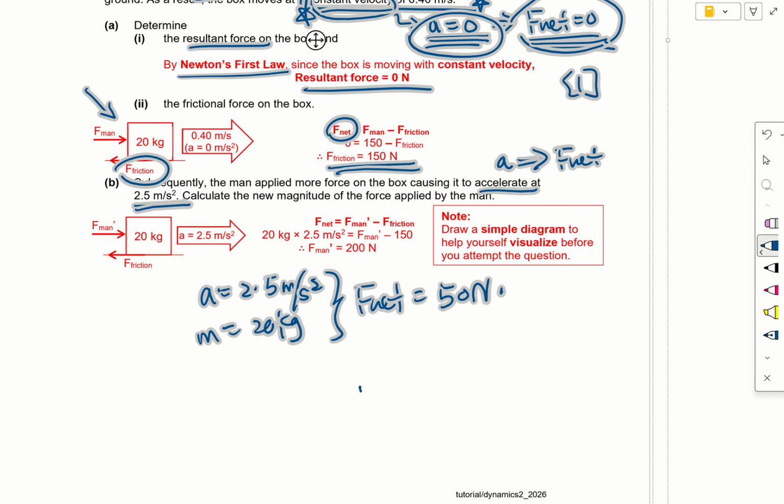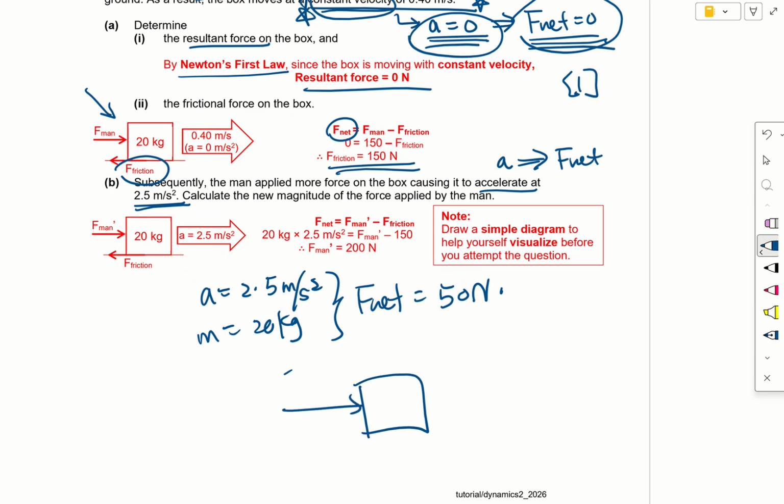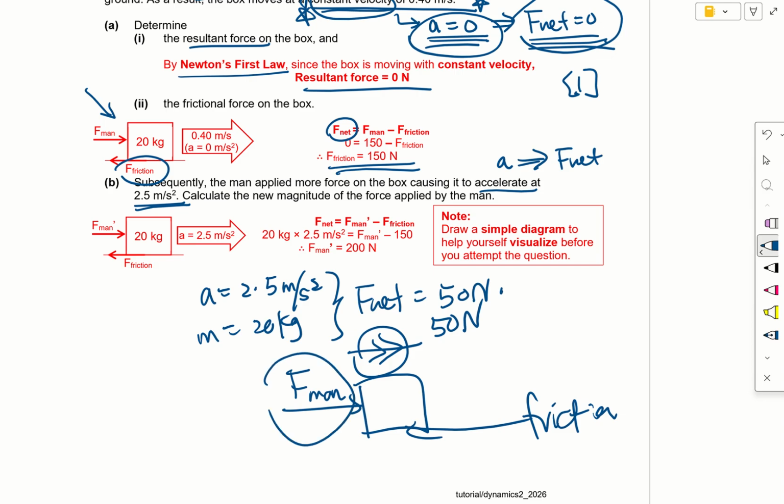How would I represent the F net? The man pushes, this is the force by man on the box, and this is the frictional force. Now I know that there is a F net of 50 Newton. I always represent it with a double arrow and above the object or not touching the object. So this is 50 Newton. This is for me to visualize. In order for the force of man to exceed frictional force by 50 Newton,